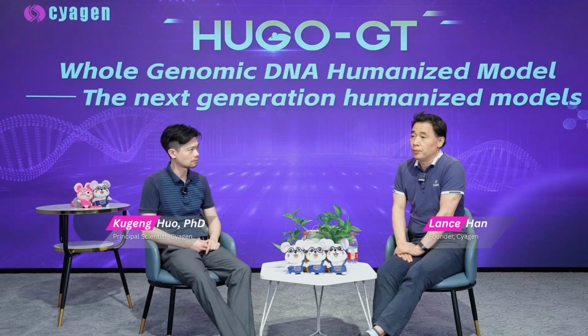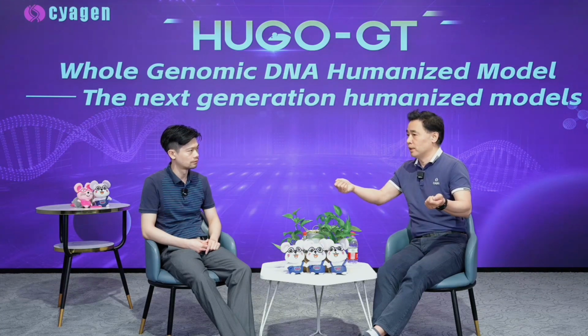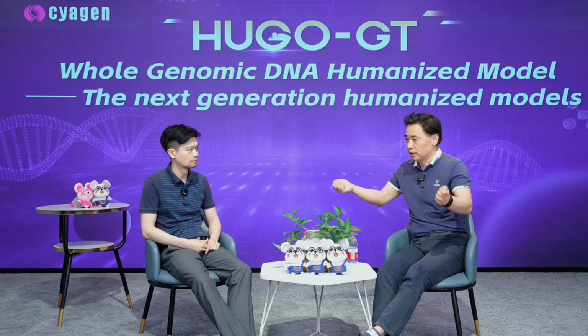Now, if you look at the different ways of humanization, point mutation is one, or you can humanize a section of the mouse gene and put whatever mutation there, right? Sometimes people do that. And also, JAX has a lot of BAC transgenes. So basically, you take out a segment of human genomic sequence and you just randomly put it in the mouse genome. You don't even know where it ends up. But it's got the whole genomic sequence, right? If you're lucky, it's expressing the human gene,